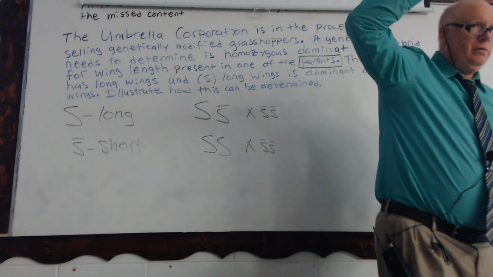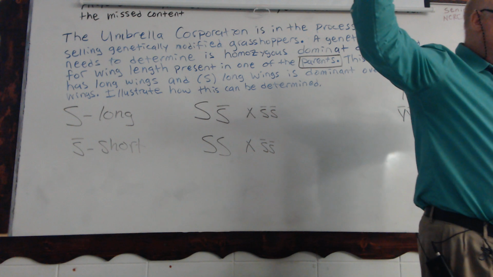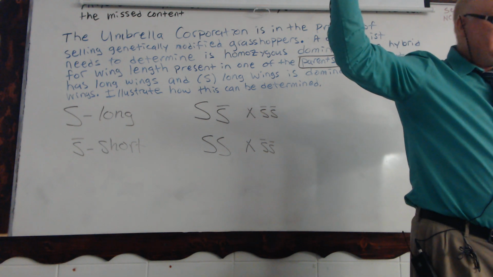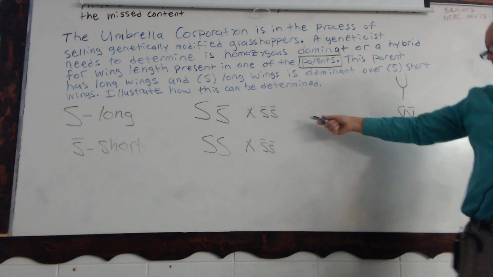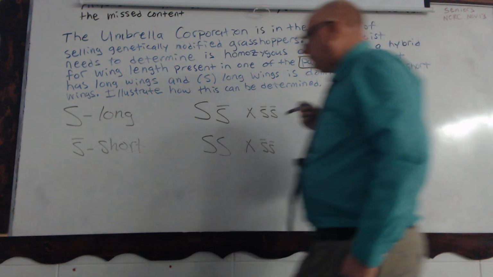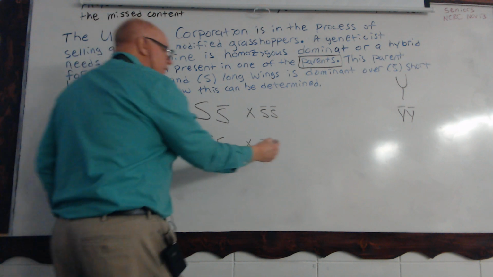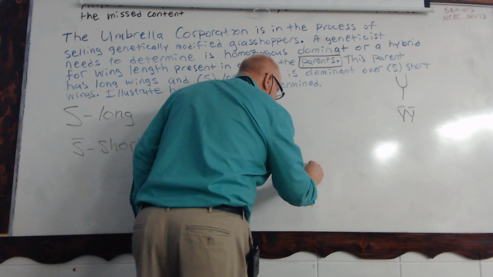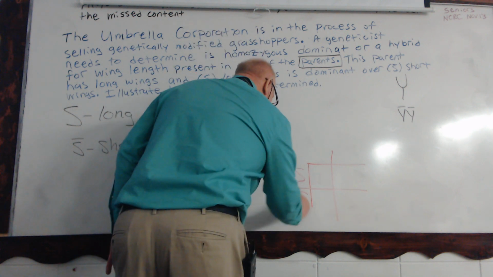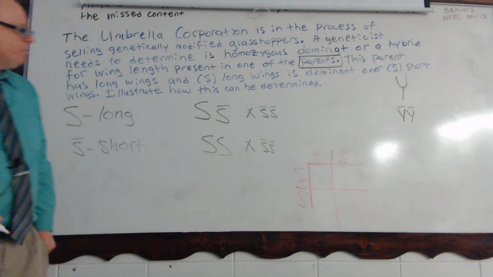Who knows someone who's got siblings who have both brown eyes and blue eyes? Do you know anybody like that? Okay, so again, that would be a fairly similar process with this, because when you illustrate this, if we do this cross on the bottom, we see we got two capital S's, two lowercase s's. So 100% of the time,